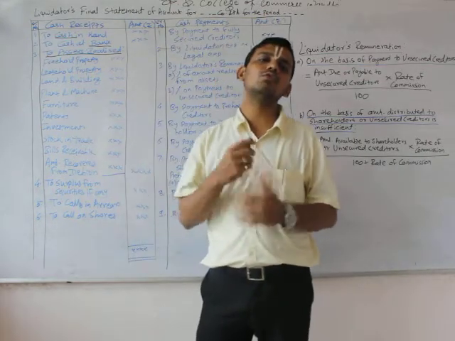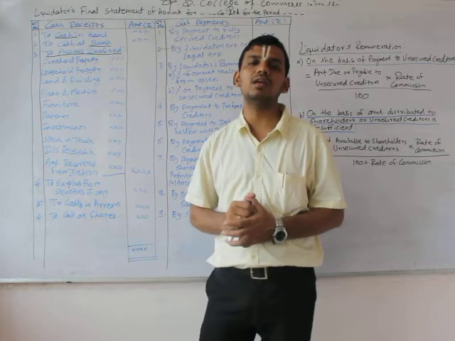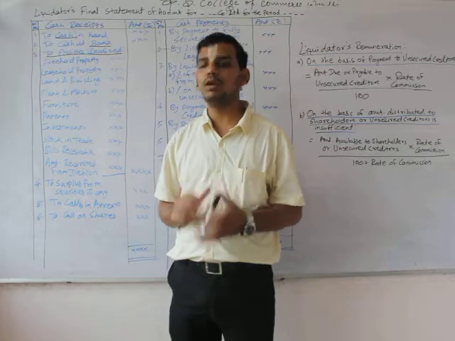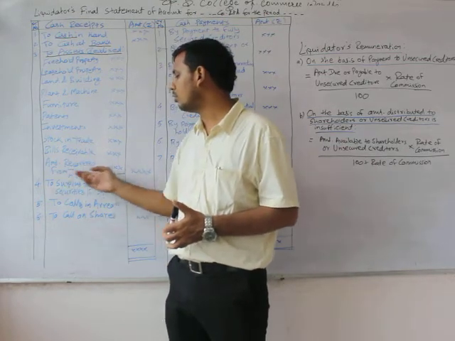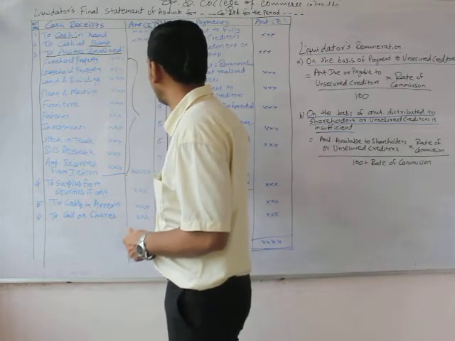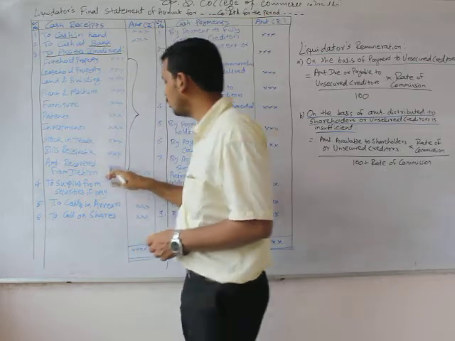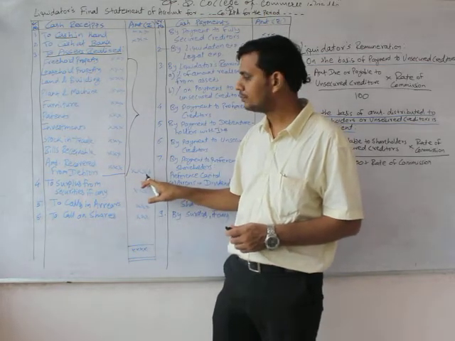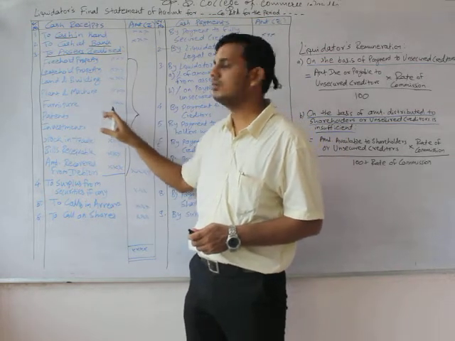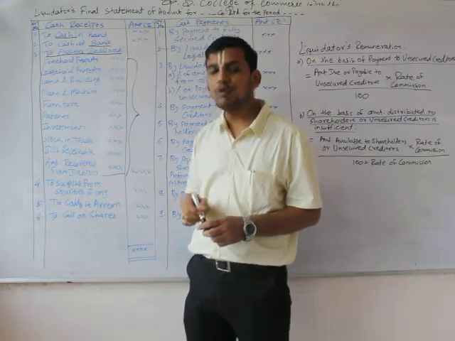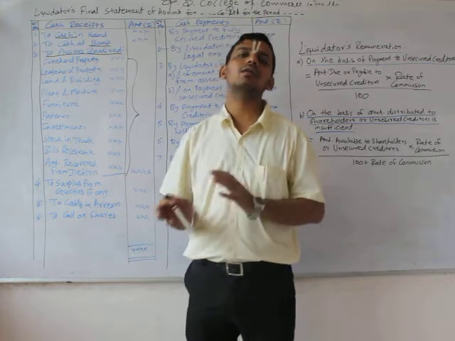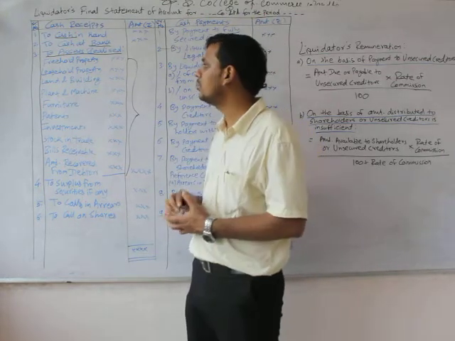Remember one thing: when the business goes into the liquidation process, it is not necessary that all your debtors would pay you, or that they would pay you in full. Hence amount recovered from debtors would be taken, and once we get whatever heads are available in the question, we have to make a total of it and take it into the amount column. So these are the major things which we have to take. Remember one thing, these are not taken at book value. It would be as per the adjustments provided in the question, whether the realized value is appreciated or depreciated by the liquidator.